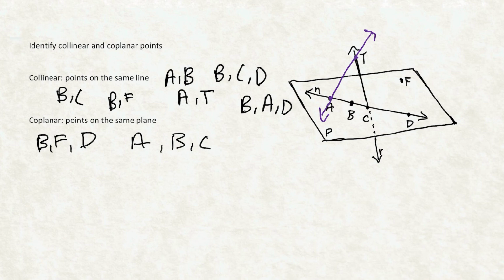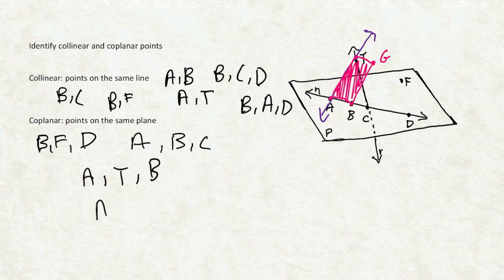One of the less clear coplanar points could be A, B, and T, because you can draw in a plane. For example, you connect these, and then, for example, there was a point here, let's name it G, and you draw it down, and this would be a completely new plane compared to the old one. And then here you would be able to make it A, T, and B, or A, G, B, or any